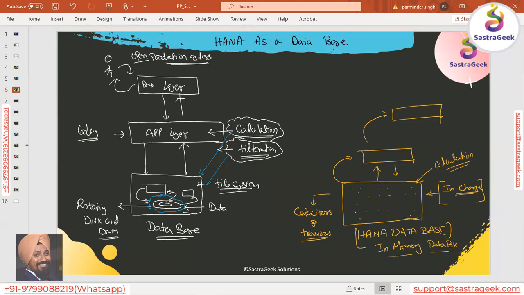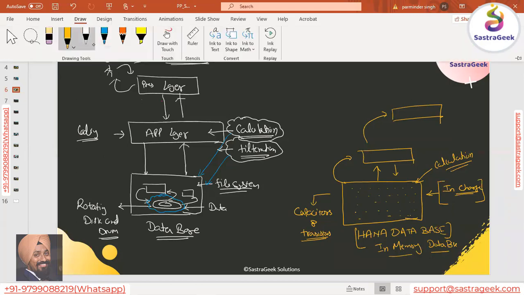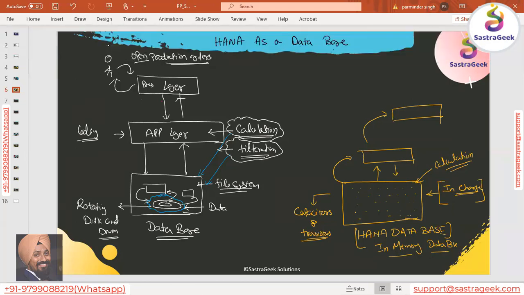The in-memory database system was used 10 years ago also, but people were only using it for reporting purposes. If I explain here, they were using this main system, and the in-memory system was used as a sidecar.